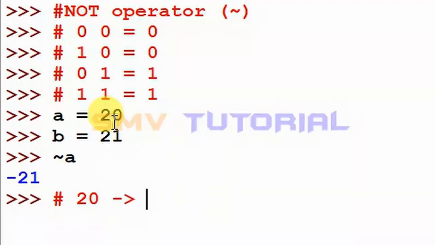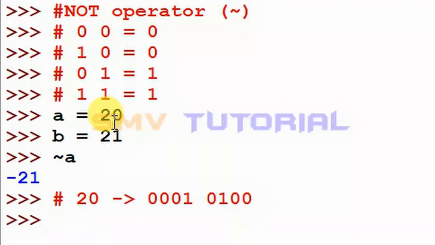This 20 binary value is 0 0 0 1 and 0 1 0 0. This is a 20 binary value, and negation means the opposite of the value, the positive value.